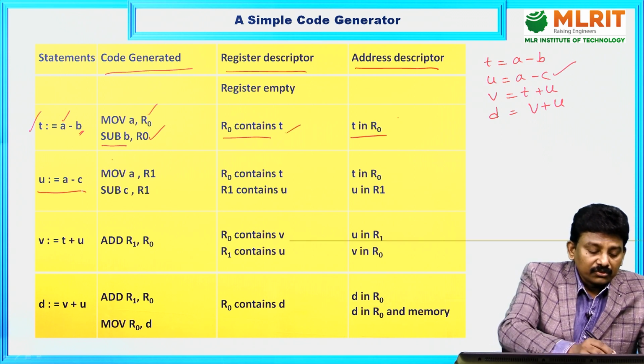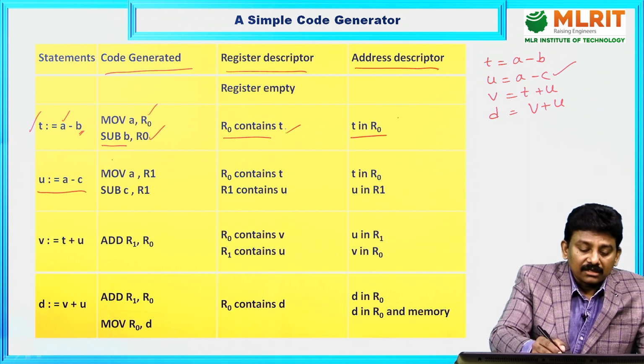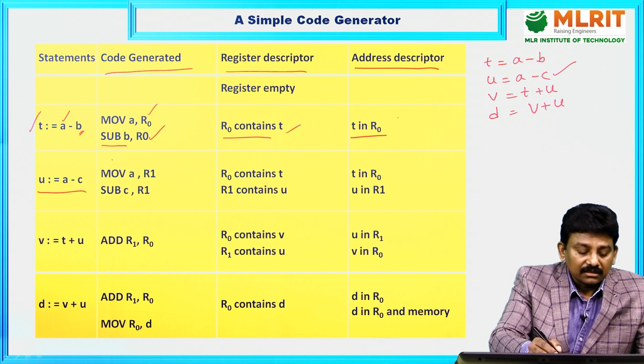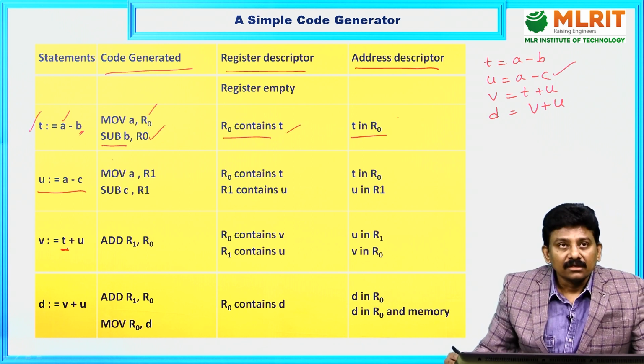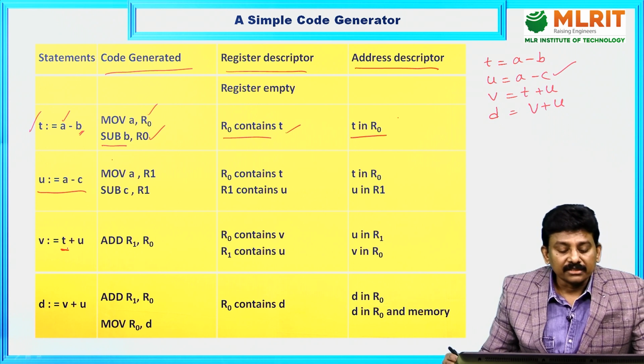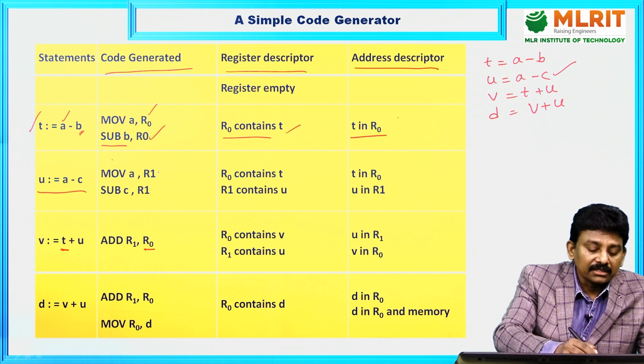Here, if you use r0 instead of r1, what will happen? r0 replaces t. That means in the third statement we are using t. So while executing the third statement, we need to use r0. We need r0, so here we should not use r0, we should use